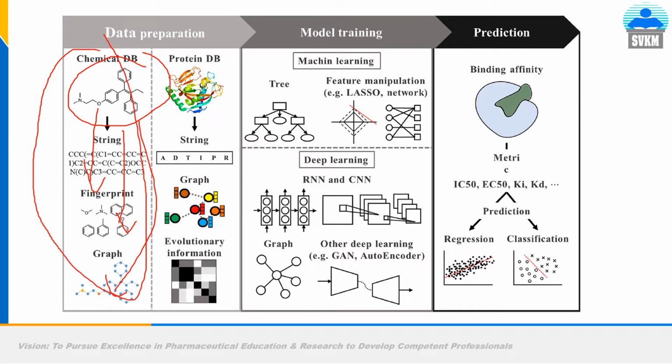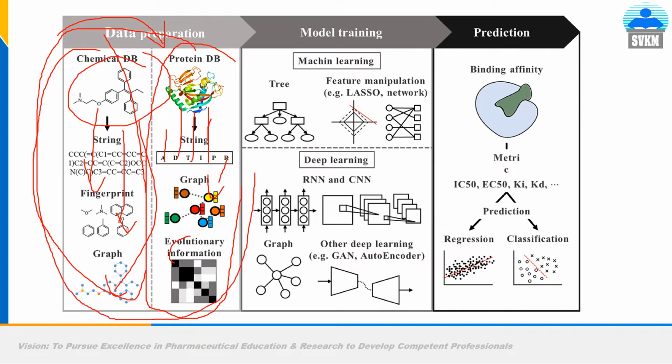They are the keys. Now we have to find a protein or receptor structure in which these keys can fit perfectly, because we all know a drug works based on the lock and key arrangement. So this is the protein structure. You have to change it into a string. This is the individual amino acids. Then you will go for graph structure and evolutionary information. So these two are the input, or X, or independent variable. This will decide the property.